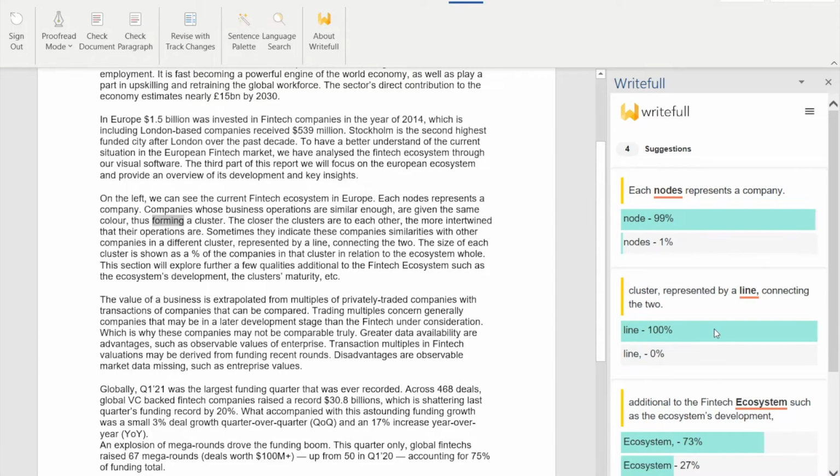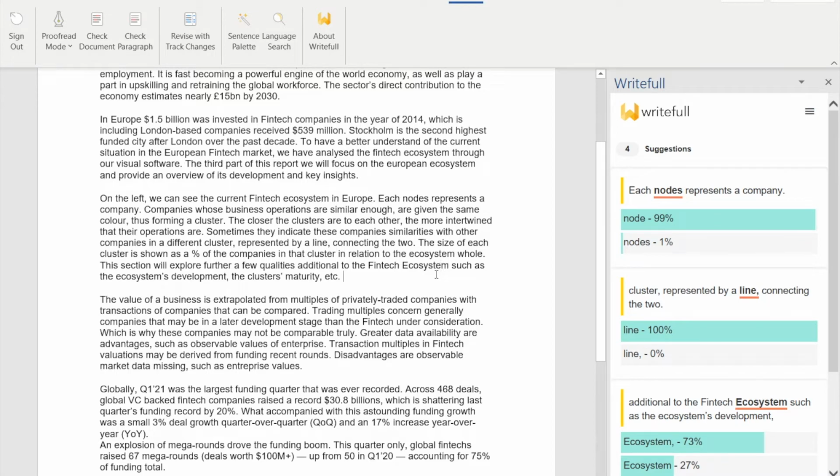into your text. The percentages show the confidence levels of Writefull's language models. In this case, for example, Writefull is very certain of the edit it's giving. But in this one, the language models aren't so confident. And this is useful information because it shows you which edits actually need a closer look.